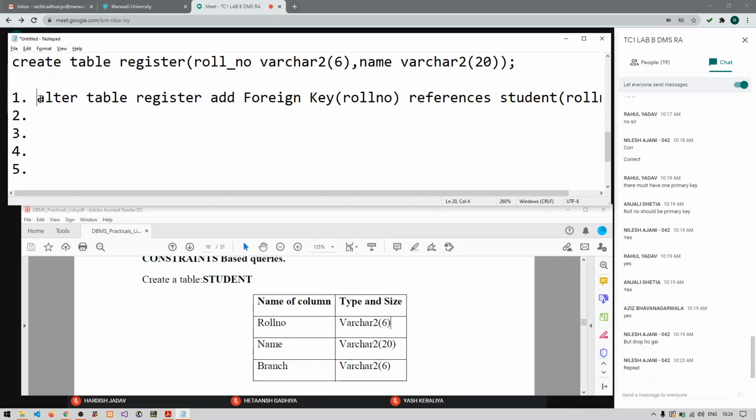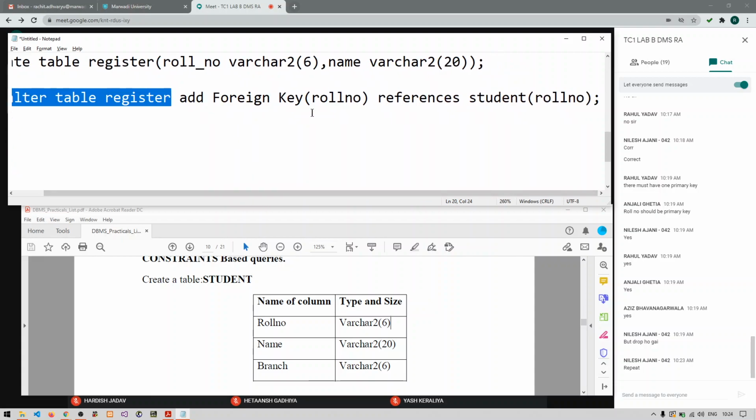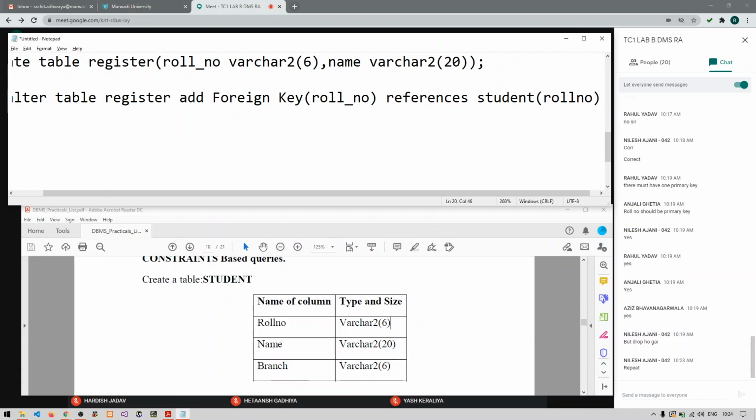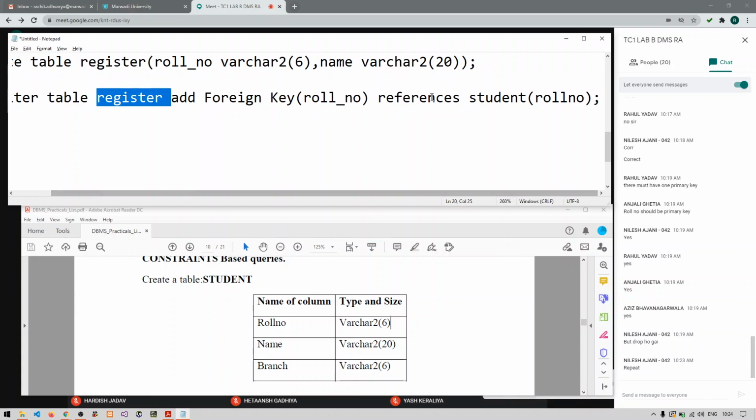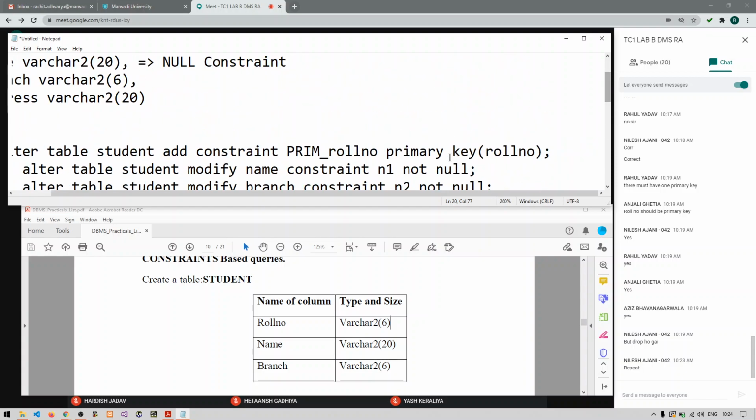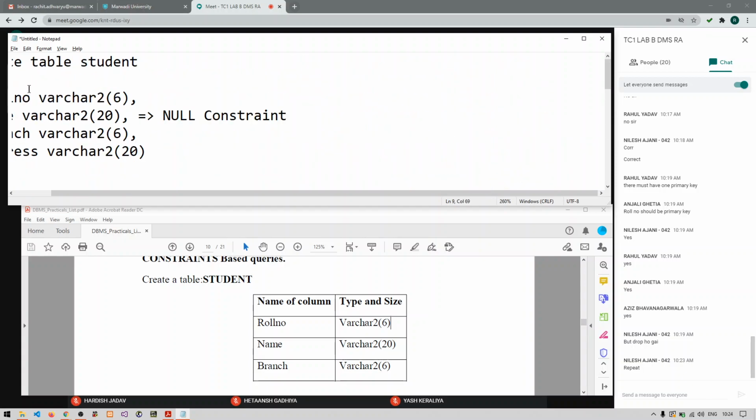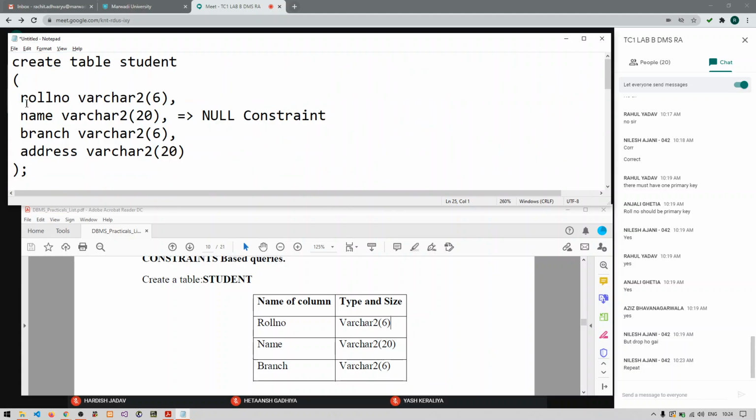Now what I will do is alter table register, add foreign key, and here I will write the register table's roll number column, so roll underscore NO. This is the column name of this register table, and this column is referring, so references the student table, and that too to the roll number column of the student table. You can see here this roll number column, this one of the student table.